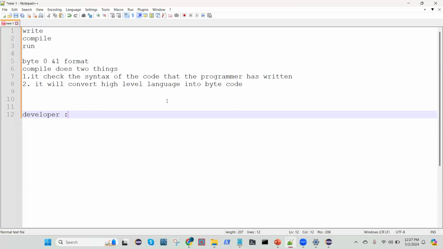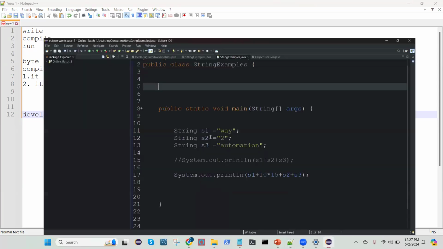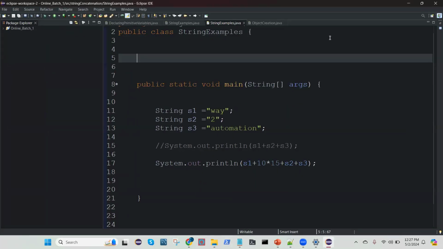Okay, a developer writes, okay, if your duty as a developer, what you do is you write the code, you compile the code, and you run it. Is it the same thing with an automation engineer? Automation also writes the code, because I've written this code right now because I want to test what he has written. So I have to have an idea of